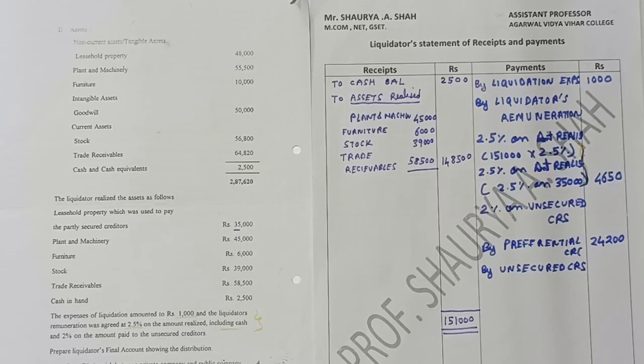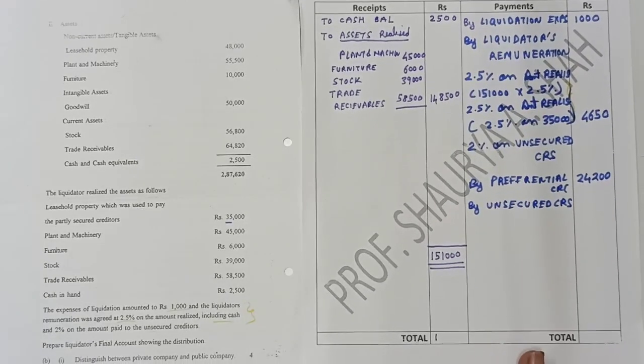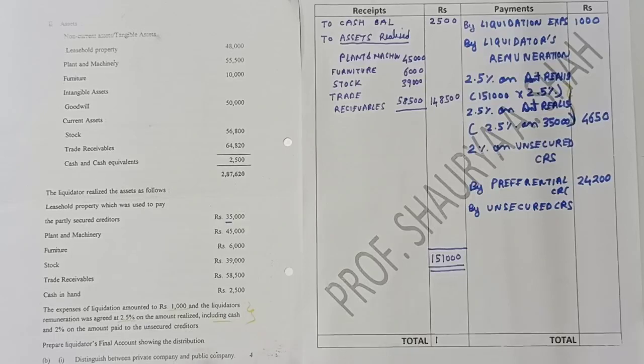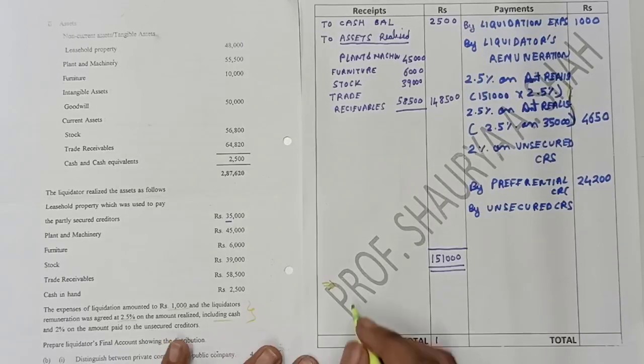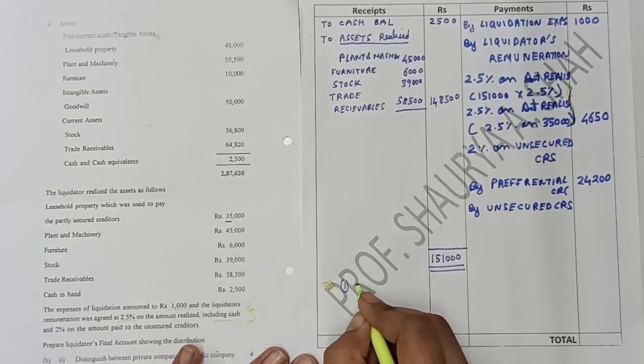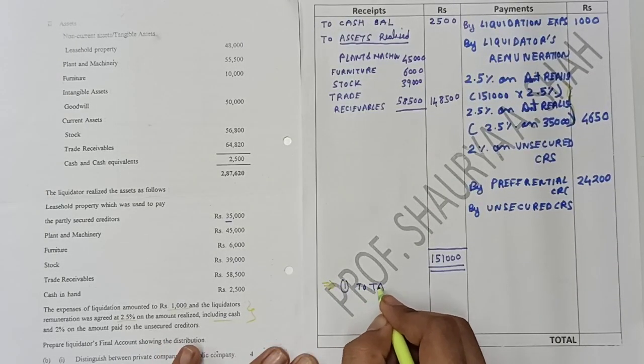Fine students, right? So first of all, we need to do a working. Once your sum is completed, just leave 5-6 lines for that and start with the working of your sum. What is it all about? You need to calculate the amount of unsecured creditors, right? So please write down in your working total amount